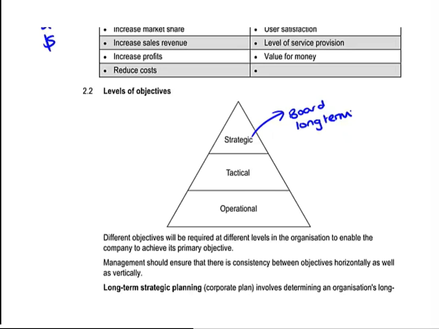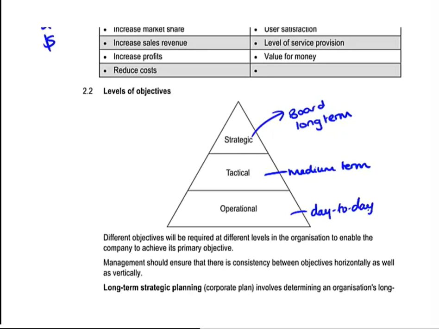Moving slightly down then, we're going to have tactical objectives. These are more medium term and will be translated eventually into the day-to-day, short-term